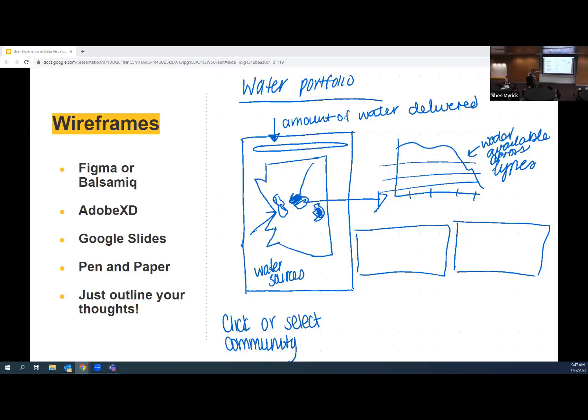This was done on pen and paper. I show you the end version looks gorgeous, but when I was doing wireframing, I did this quick, very, very low fidelity sketch. It's basically for how we're trying to deliver water throughout all of Arizona. So I was like, well, we want to focus on a map, visual hierarchy. And then when you click on something, the arrows will take you to a graph. It doesn't have to make sense for everyone. It just has to make sense for you. When you go to high fidelity wireframing, then care about that. But for the first step, make sure that you jot your ideas down.